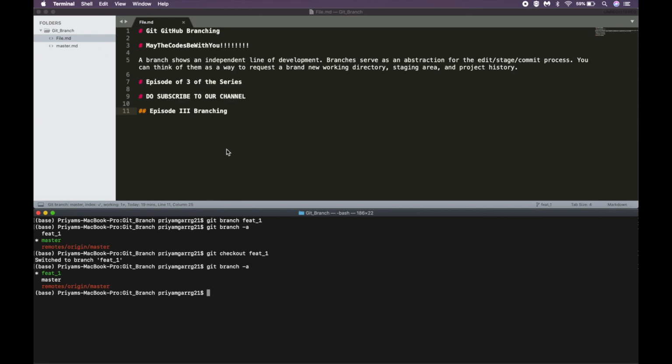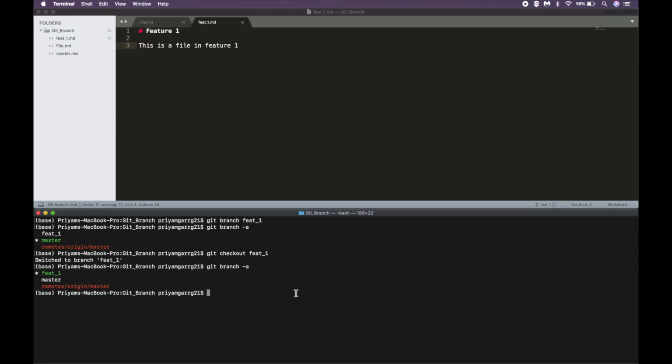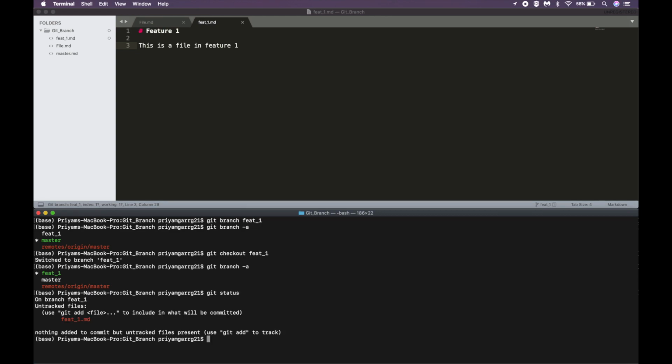So let us add to this branch. Let us create another file and work with the file, and let us see the status at this stage, and you can see we have one untracked file, that is feat_1.empty.